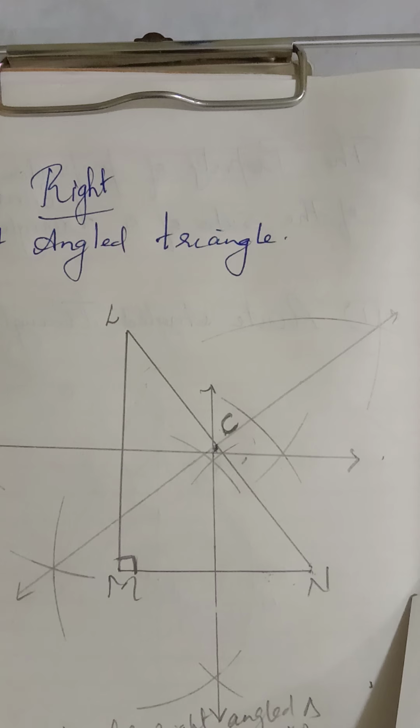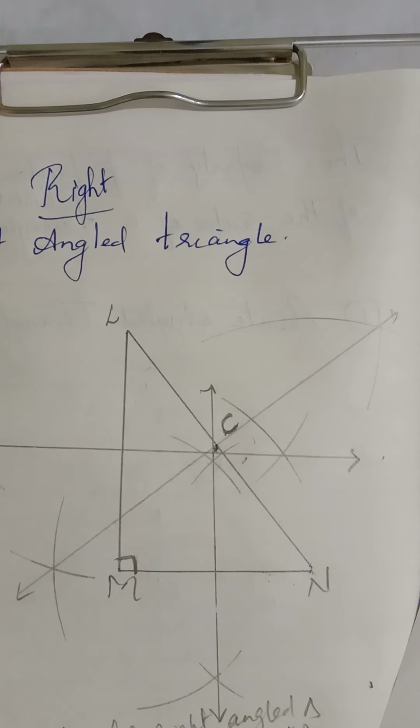Okay, and you have to see where the point of concurrence lies, where all three angle bisectors are meeting. One acute angle triangle I have shown, so in the same way you can draw one obtuse angle triangle and one right angle triangle. Obtuse angle is more than 90 degree, which you have already learned to draw in your previous class. So just draw the obtuse angle triangle and right angle triangle, and then draw the angle bisectors. Your question number 4: draw a right angle triangle, draw the perpendicular bisectors, and where does the circumcenter lie?